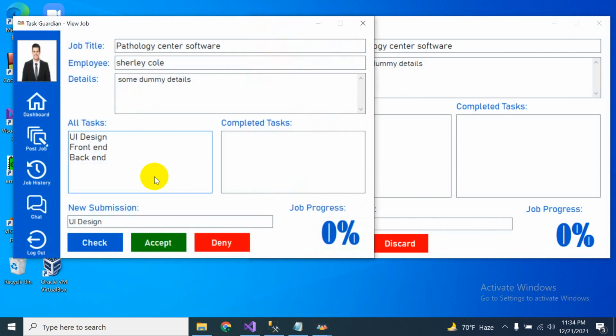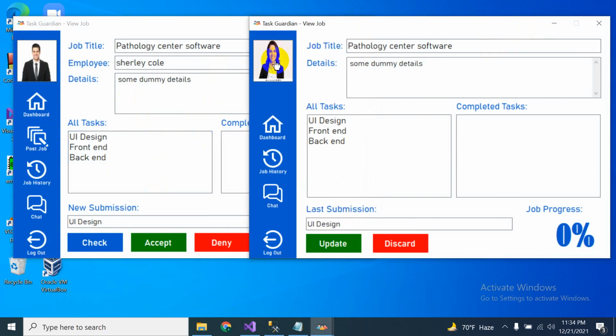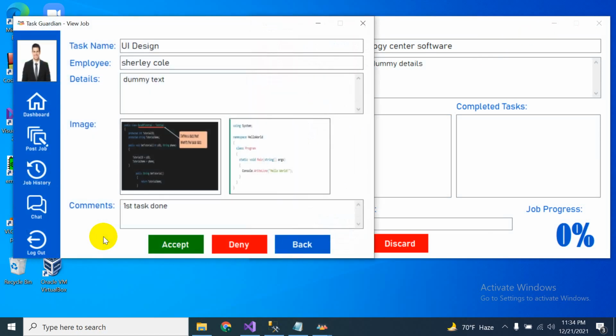Now the manager can view the task that has been submitted by the employee. He can check if it is fine. Okay, let's say it's fine, and now he accepts it,